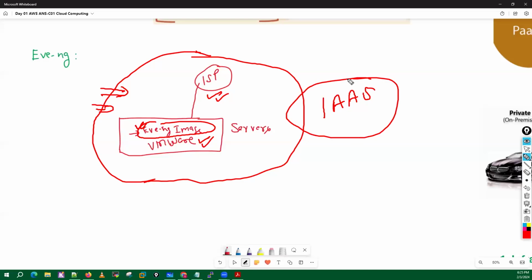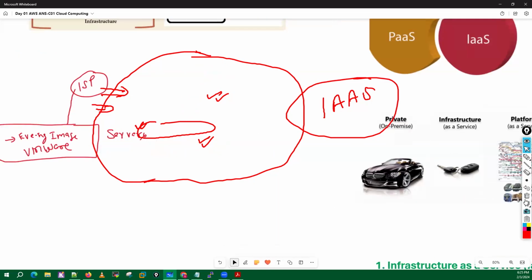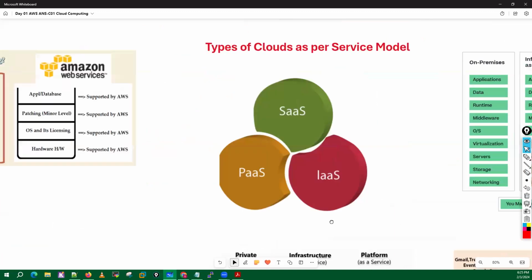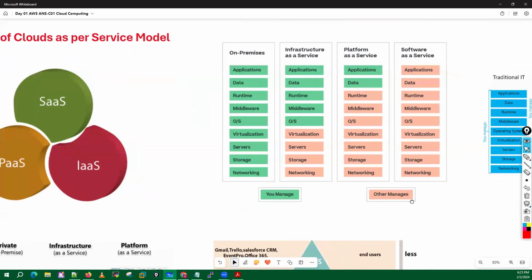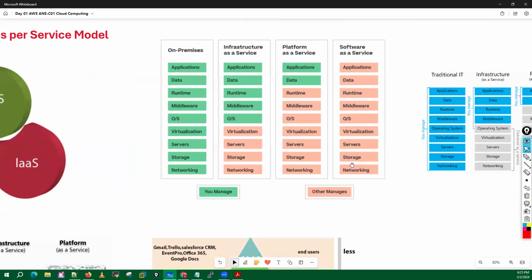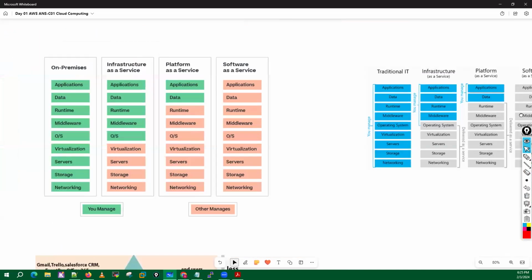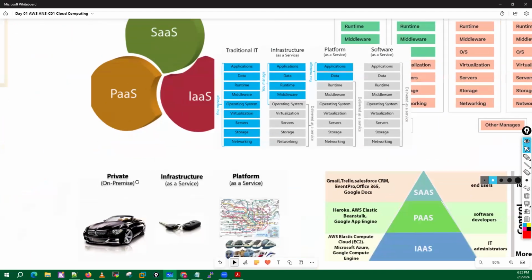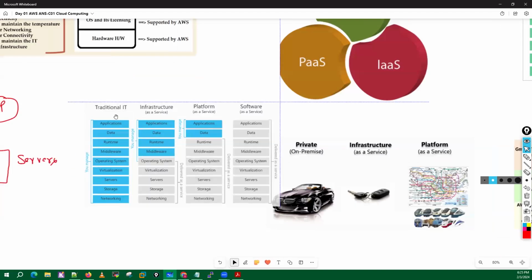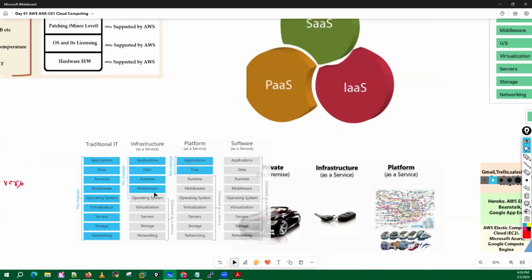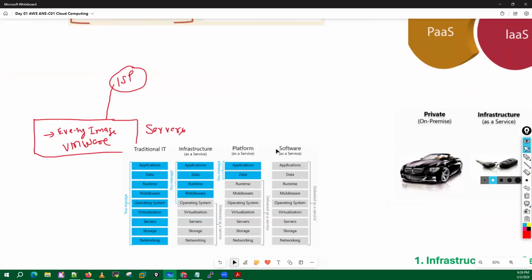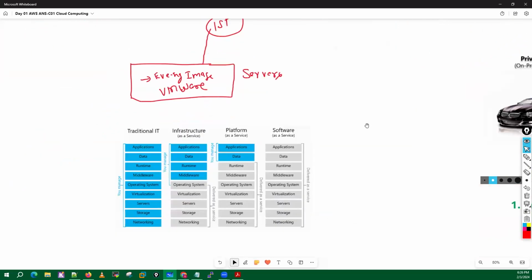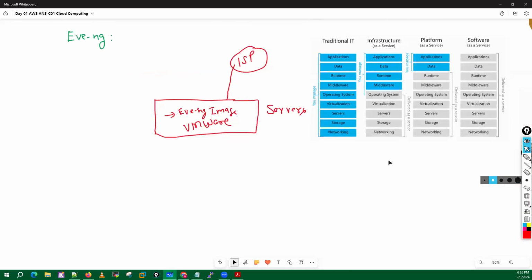Why is it infrastructure as a service? What are we getting? Let's try to understand from here. What we are getting in this particular picture. Let's do one thing, let me just take this picture here. Okay, now, if you see this particular picture here,